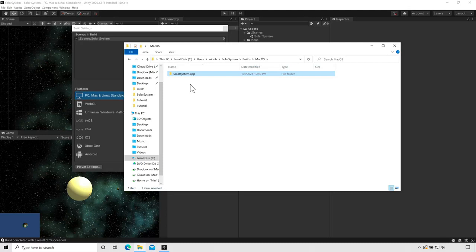All of those other files that you saw on the Windows build are all hidden within that .app folder. Okay, we've got our Windows and Mac app created. Of course, I'm on Windows right now, so I can't actually test the Mac app. I can't double click on it to load it. But of course, I could zip up this Mac OS folder and provide it to my Mac friends out there